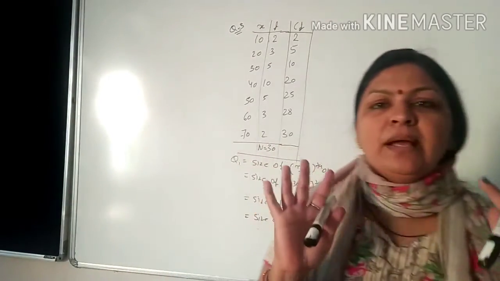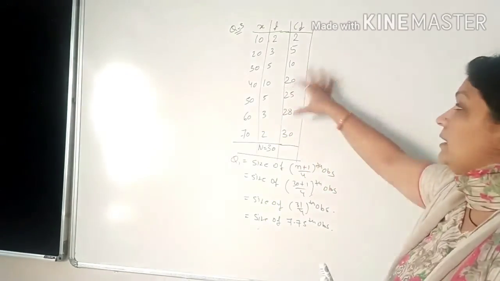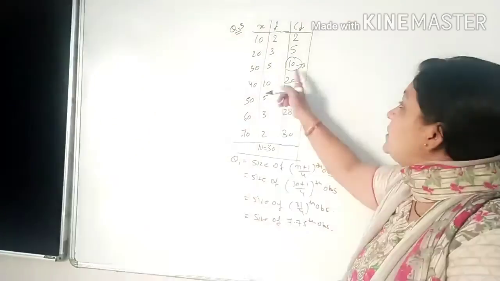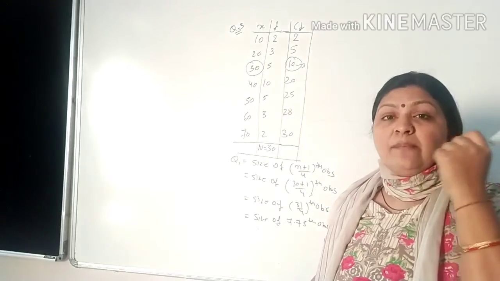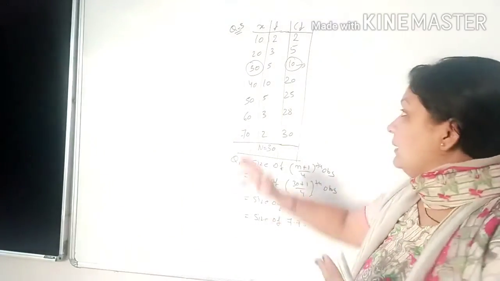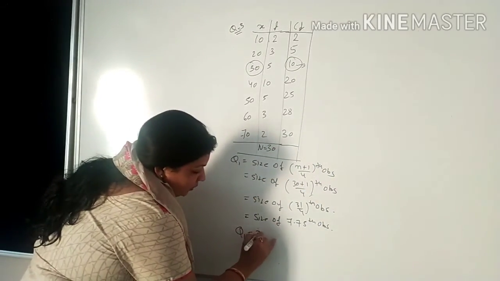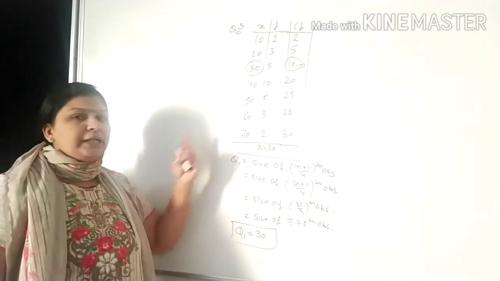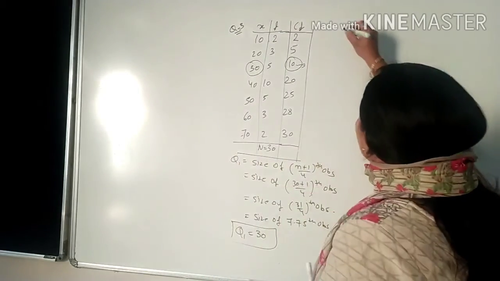यहाँ हमें बहुत दिमाग नहीं लगाना है. क्यों? क्योंकि यहाँ 7.75 है, तो you just see the cumulative frequency. 7.75 is in this interval. ये यहाँ कनेक्ट हो जाएगा 7.75. So see the x of this. This is the x. मैंने पहले भी बोला था Q1, M और Q3 की वैल्यू हम x पे डिपेंड करते हैं. So this is your x. Yes. So your Q1 equals 30. Easy. Keep in your mind, if the unit is given, marks, rupees, you have to write down the unit with this only.